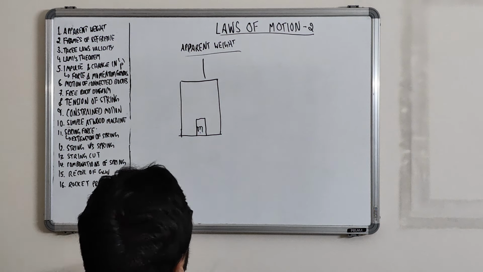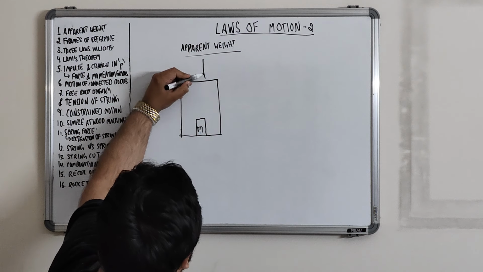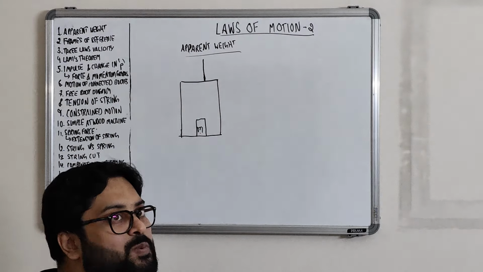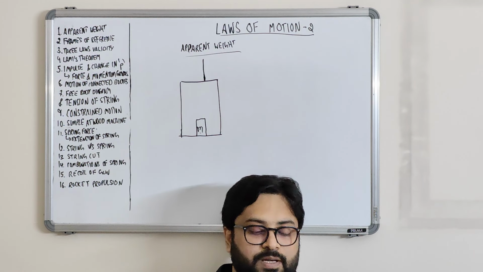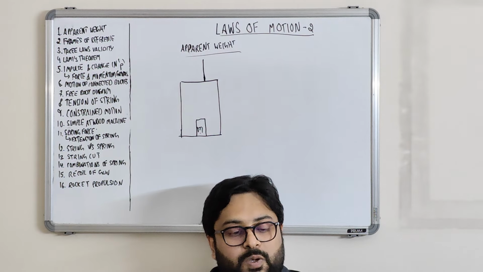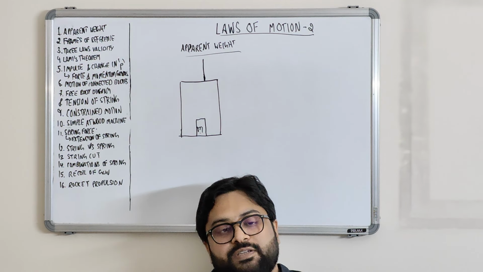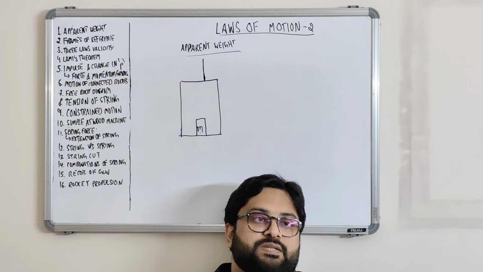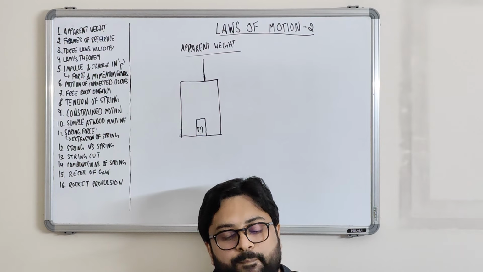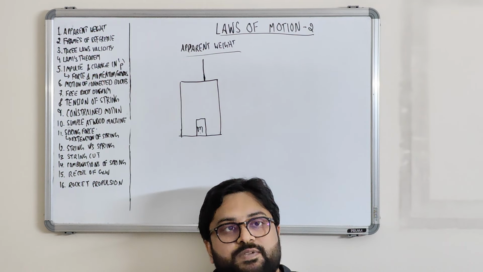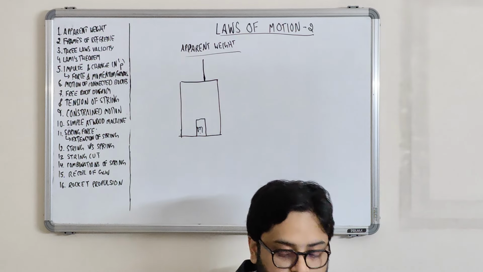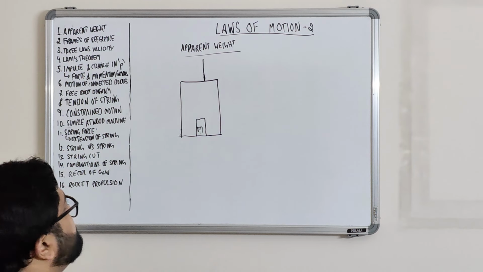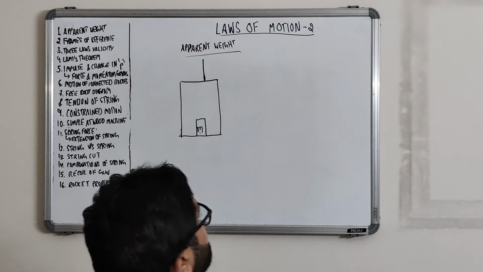Why am I discussing this? Because this is kind of an anomaly. Anomaly is something different from a regular thing. When we started talking about laws of nature, we said that a law is a regularity of nature, it describes a regularity of nature. So what happens is, according to the first and second laws,